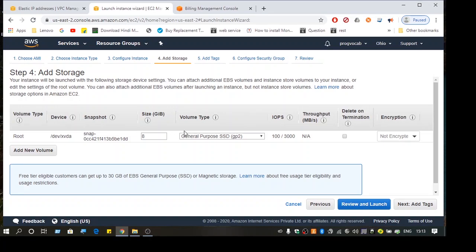Okay, the snapshot, and you have an option to add a new volume. Free tier users can get up to 30 gigs of Elastic Block Storage usage. We have 8 GB, so we are well within the free tier usage.